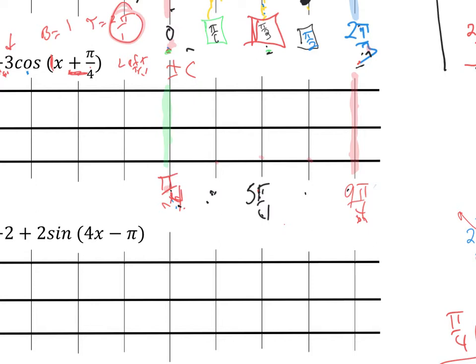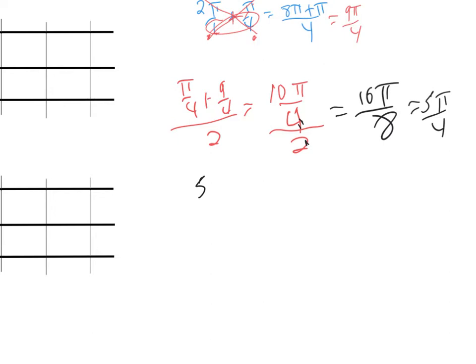Pi over 4 plus pi over 5 pi over 4. So 5 pi over 4 plus pi over 4 divided by 2 is